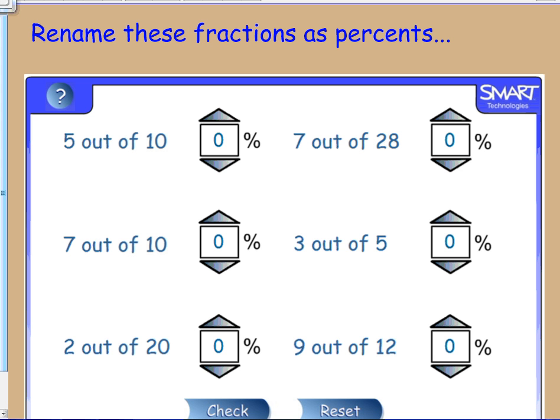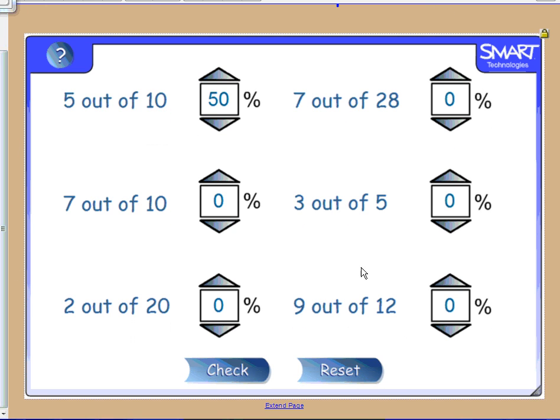All right, so let's do a couple real quick ones. So we have 5 out of 10. Well, that would be 50%. All right. Now, what about 9 out of 12? If we have 9 out of 12,